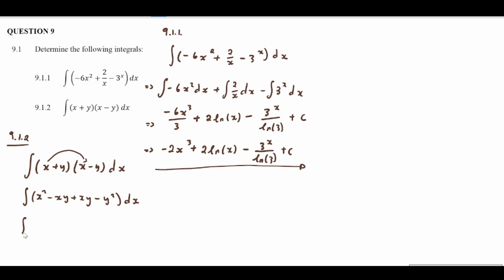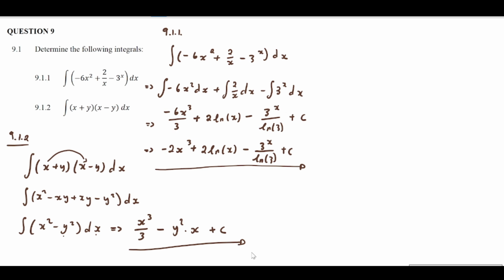So what we're going to end up with here is x squared minus y squared. And then we integrate with respect to x, so that means y is a constant. So the integral of x squared is going to be x to the exponent of 3 divided by 3 minus the integral of y squared. Be very careful, it's not y cubed, it's going to be y squared multiplied by x, because y is a constant in this case. And don't forget your constant of integration, which is plus c. That is our